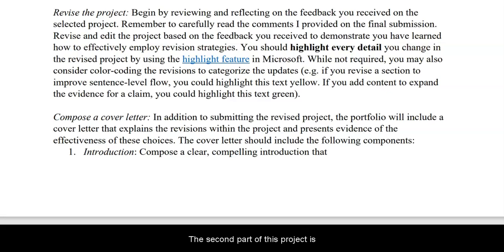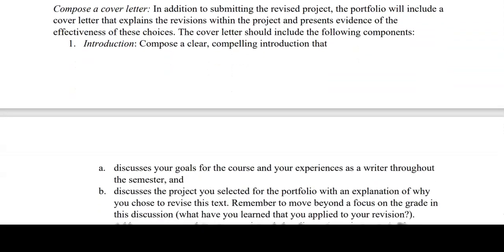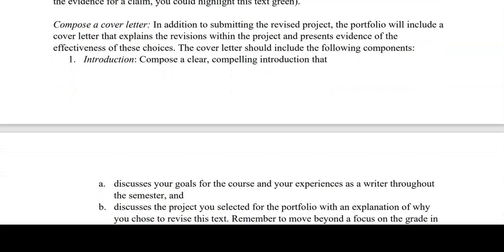The second part of this project is the cover letter. The cover letter is designed for you to provide a detailed description of every change you make in your project, while also analyzing the effectiveness of these changes. This is your opportunity to demonstrate that the project fulfills the assignment expectations, as well as that you've developed effective revising practices. The cover letter should be composed as a formal letter, with an MLA heading, greeting, introduction, body, conclusion,